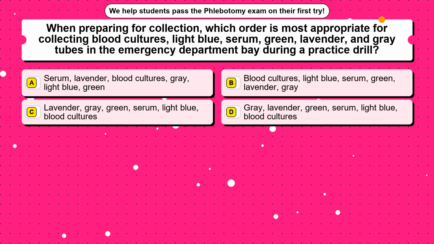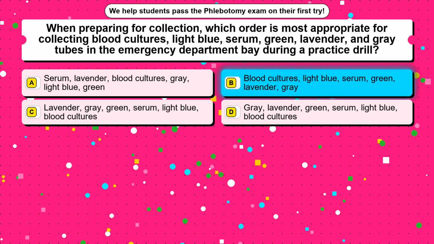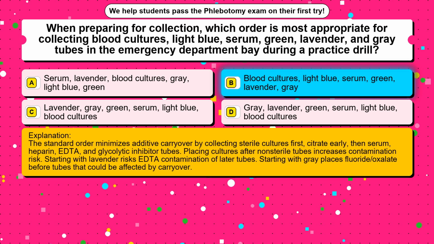Option C, lavender, gray, green, serum, light blue, blood cultures. Option D, gray, lavender, green, serum, light blue, blood cultures. The correct answer is option B, blood cultures, light blue, serum, green, lavender, gray. The standard order minimizes additive carryover by collecting sterile cultures first, citrate early, then serum, heparin, EDTA, and glycolytic inhibitor